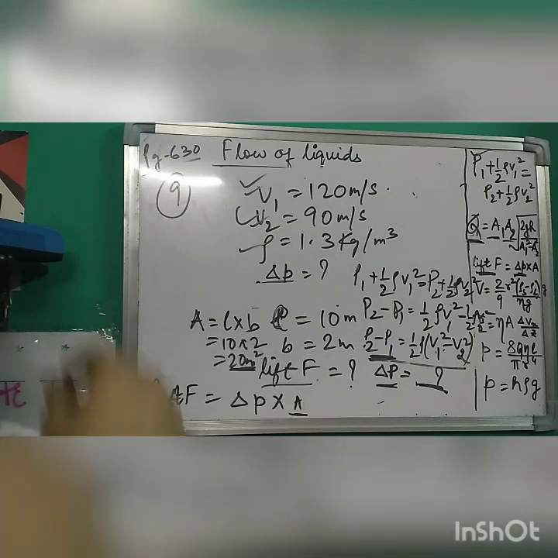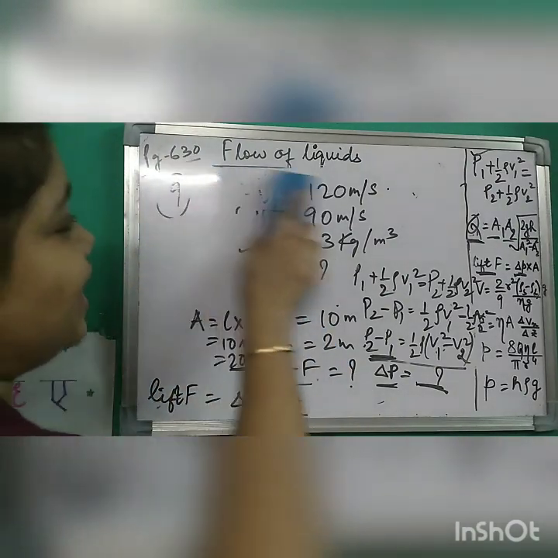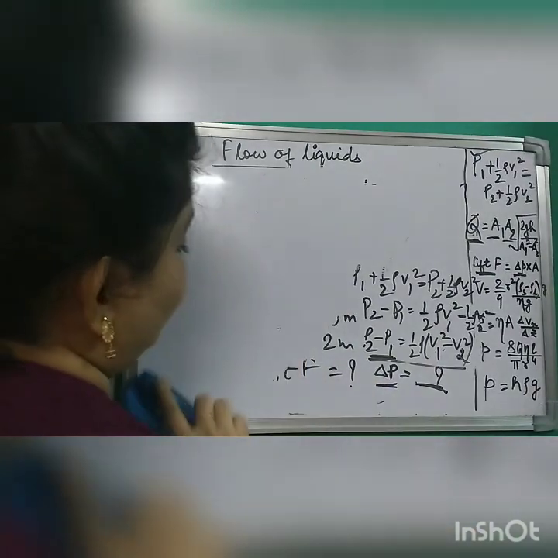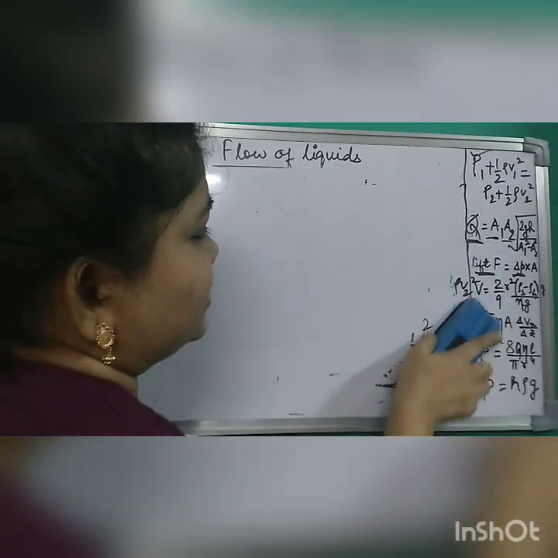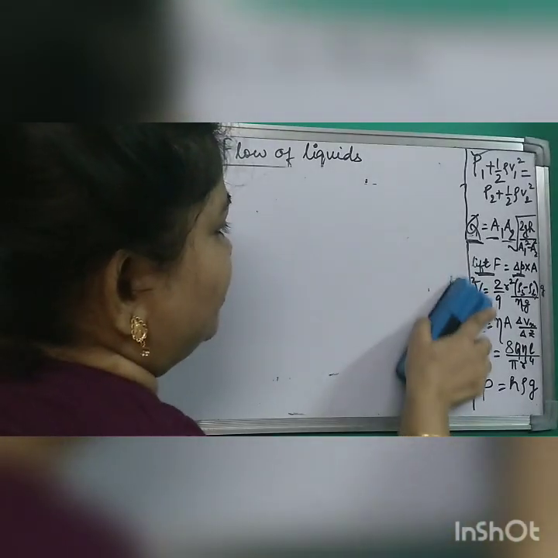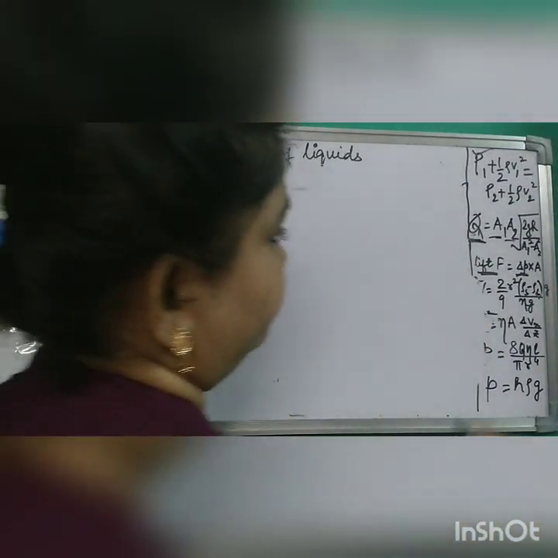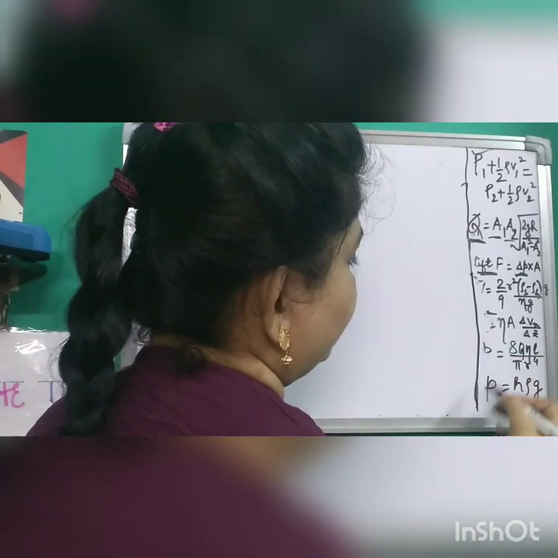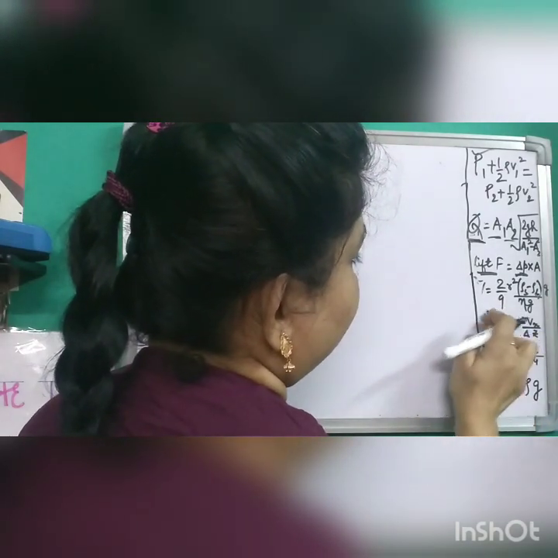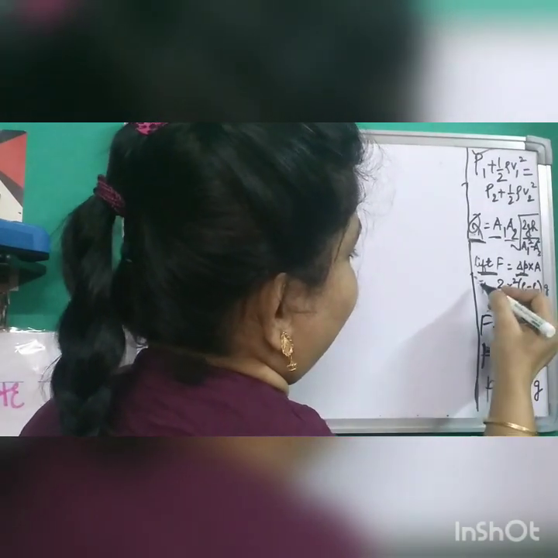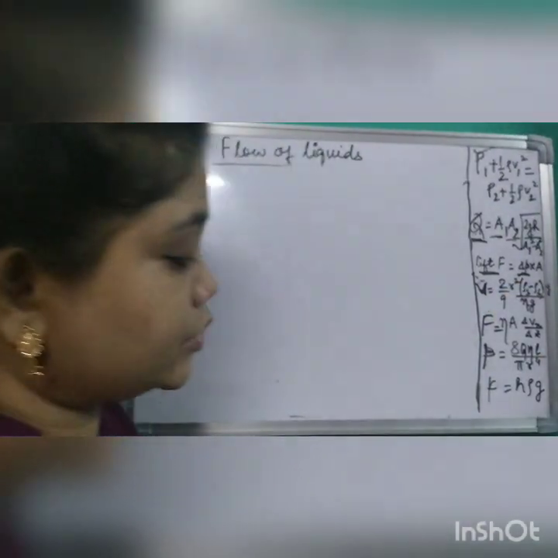Now students, sum number 10 is exactly the same as sum number 9. So you have to do that yourself. Go through how I have solved sum number 9, and please solve sum number 10 yourself. Remember that. My formulas have just gone, so let me correct it. Okay, now let's do sum number